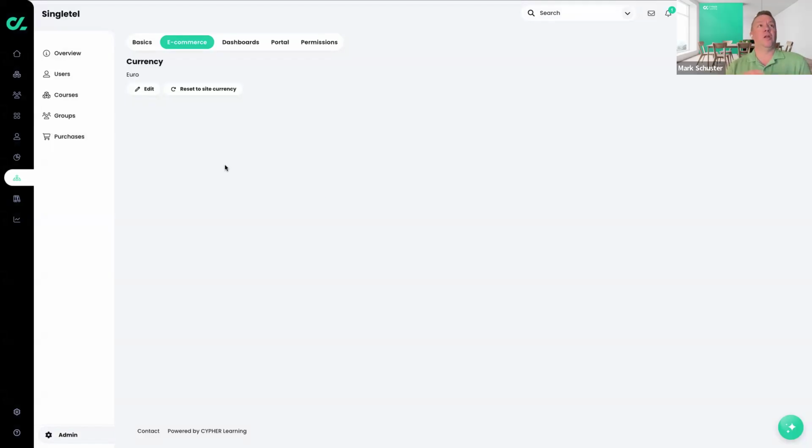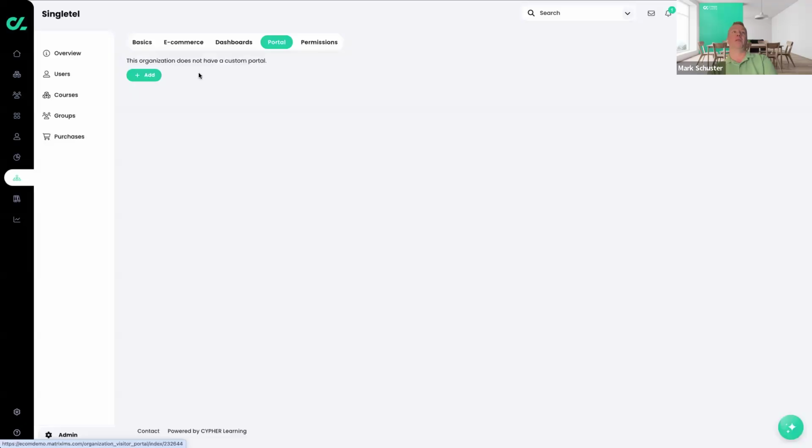Depending on setups, you'll also be able to customize some of the payment gateway information here and have separate payment gateways and control all of those different features for e-commerce through there. But once we have that taken care of, the next part of this, when you're trying to sell that content, is having a portal. So right now, this organization doesn't have a custom portal. I could add one in here,